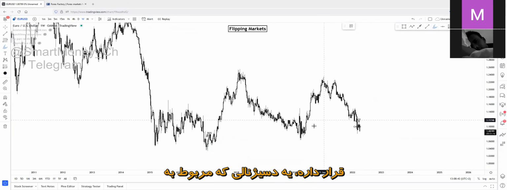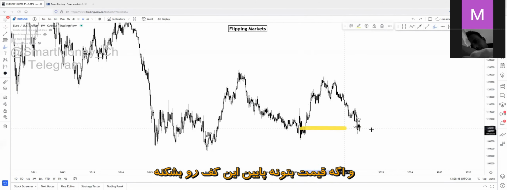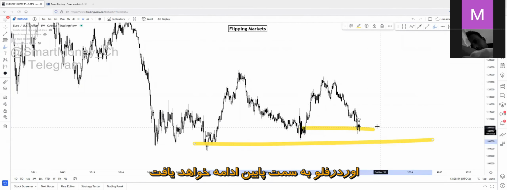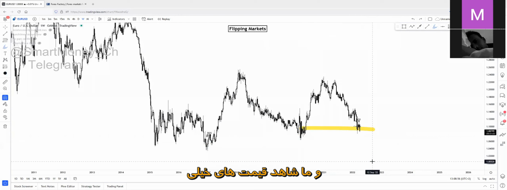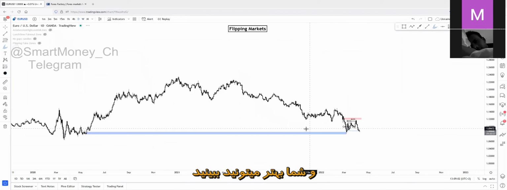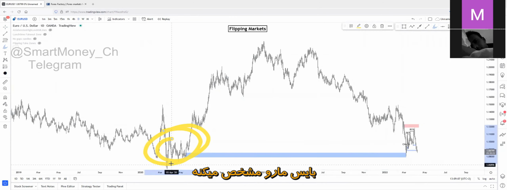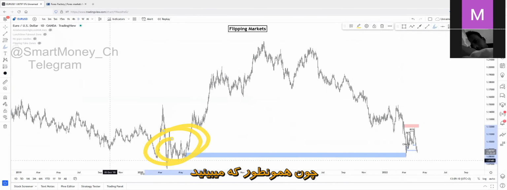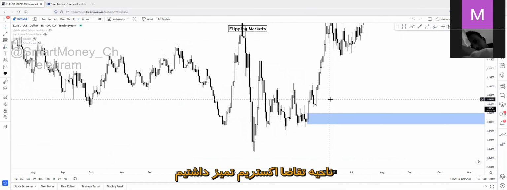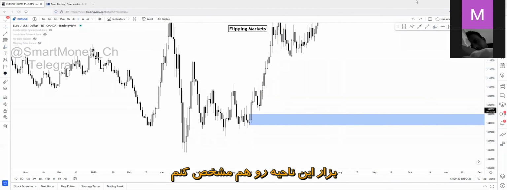Right now, price is at a decisional point, a bias decisional point, on the higher time frame. Because if price can break below this weak low point, and even this low point, the bearish order flow will continue to the downside, and we will see deeper price action areas. Let me switch to the daily chart and you will see it better that this low point right here is a bias decider low point for us, because as you can see, here was a clear extreme demand zone that created the overall bullish order flow to the upside, or even this one at the downside. Let me mark that zone out too.